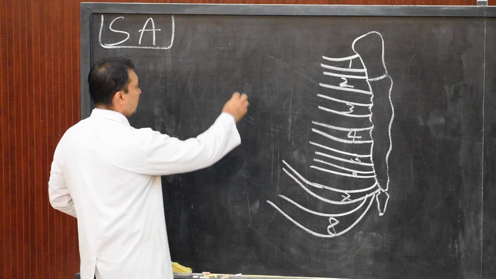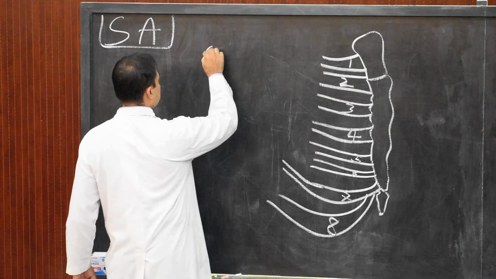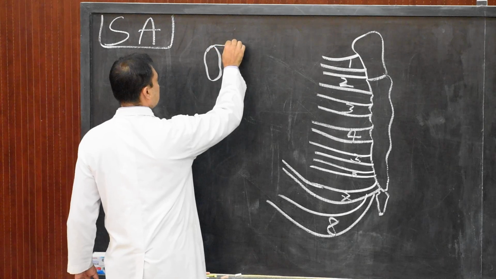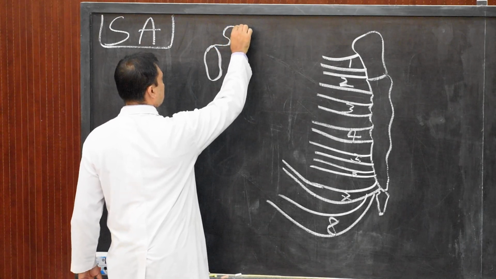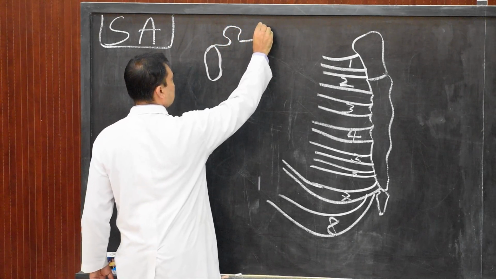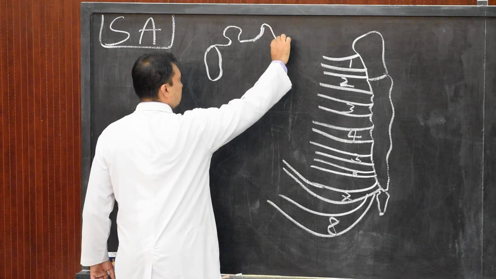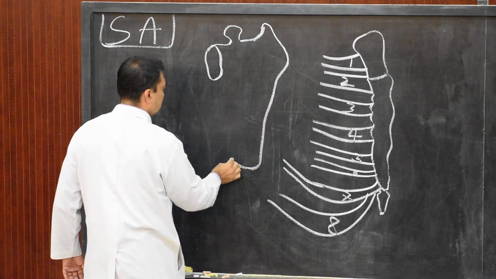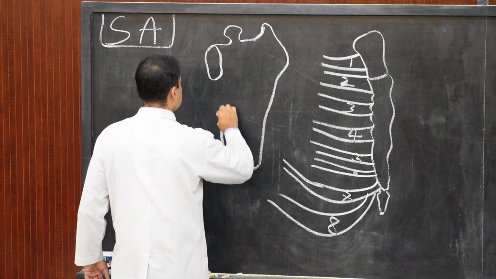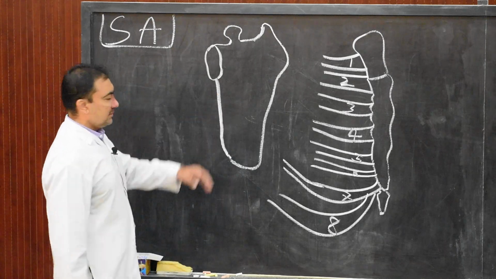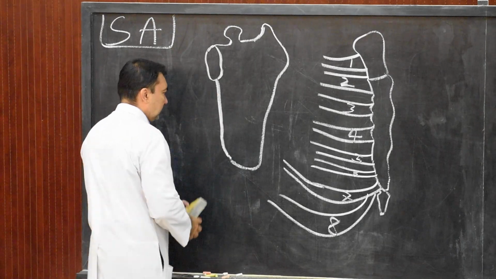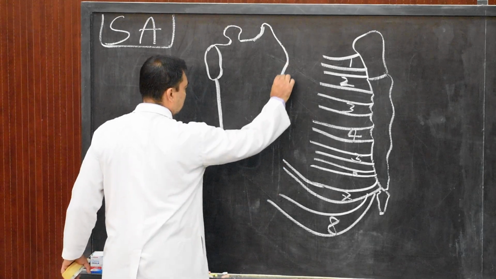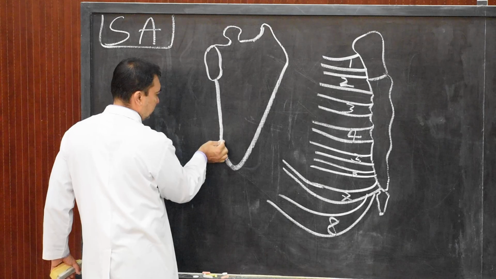Then we are going to show here the scapula. So first we show the glenoid cavity. Here we draw the coracoid process, and then we show the superior angle and the medial border of the scapula. After drawing the medial border, we draw the lateral border of the scapula. In order to draw the medial border, we will draw at an angle. This medial border we shall draw in this way.